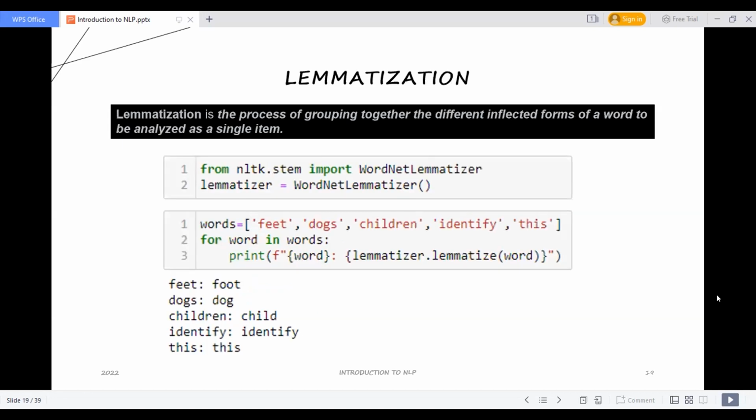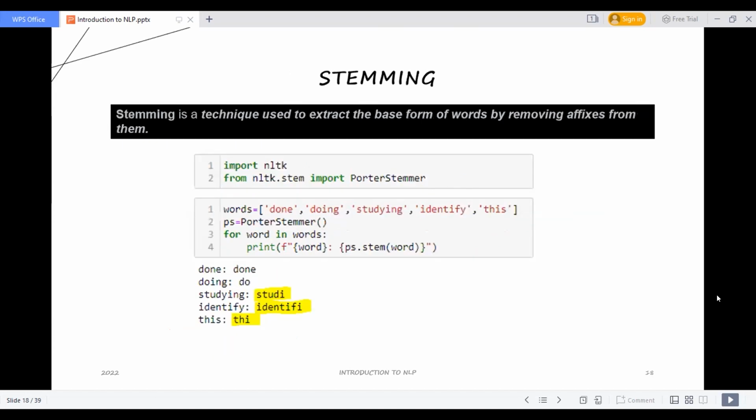The next step is lemmatization. Lemmatization is a process of grouping together the different forms of words. It will convert children to child, dogs to dog, feet to foot. But it will not convert this to th.